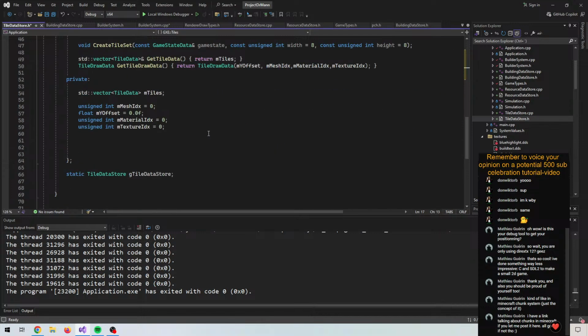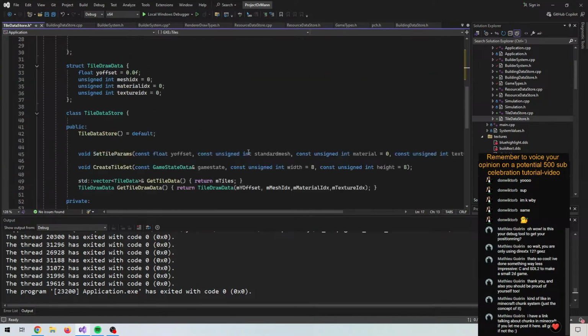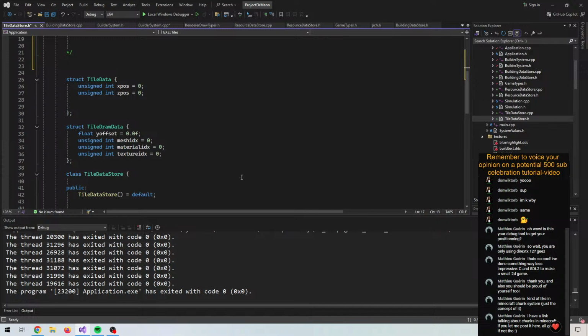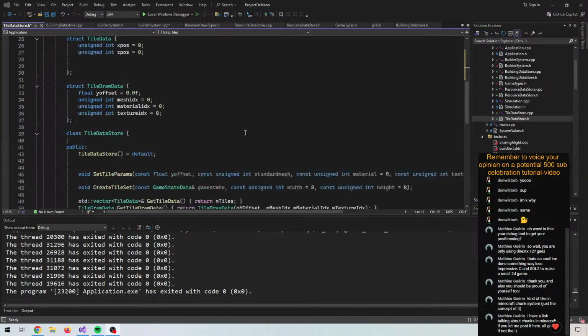I mean, searching is probably less scalable, but also storing a lot of chunk data. Maybe if we don't have expensive chunk data, but